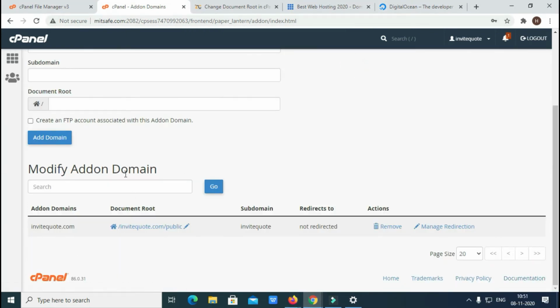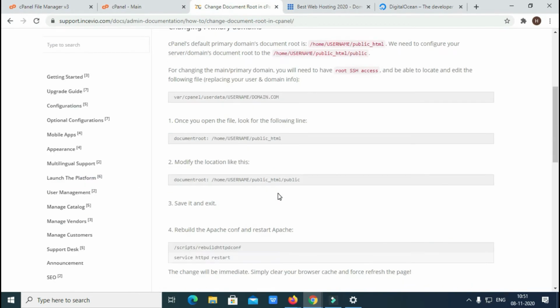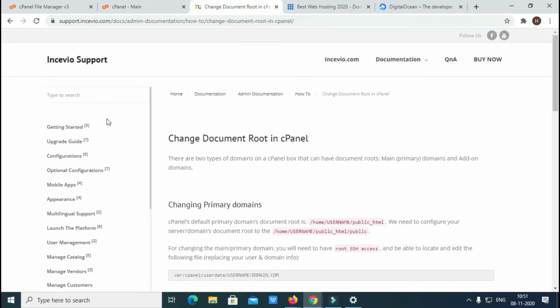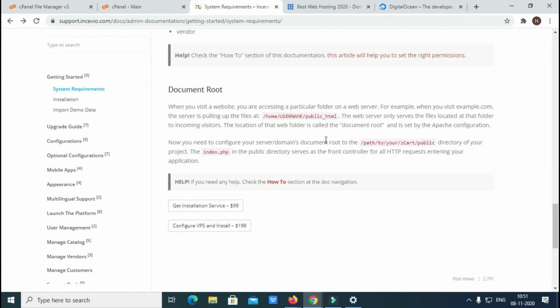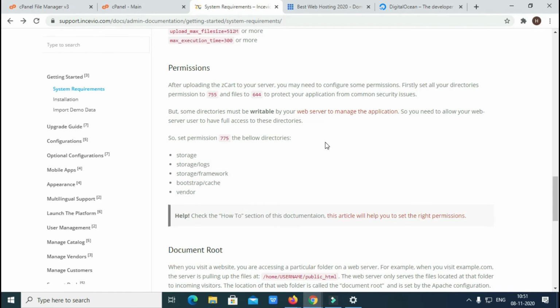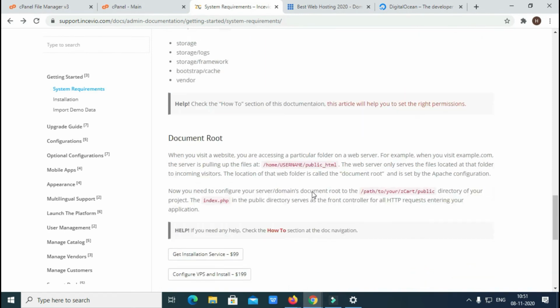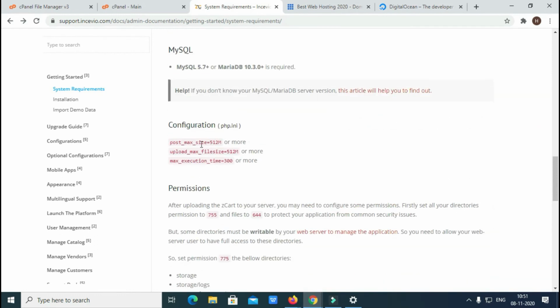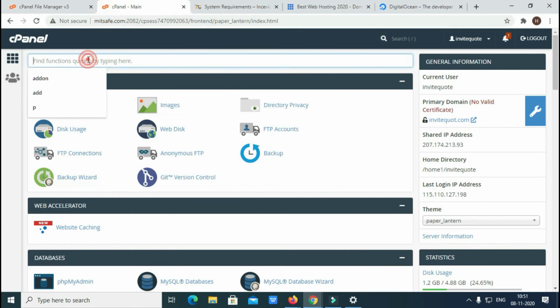Document roots are changing. Okay, now document roots are changed. Now go to cPanel again. We can move to the last link. Document root changes, permission changes, configuration is the main part.